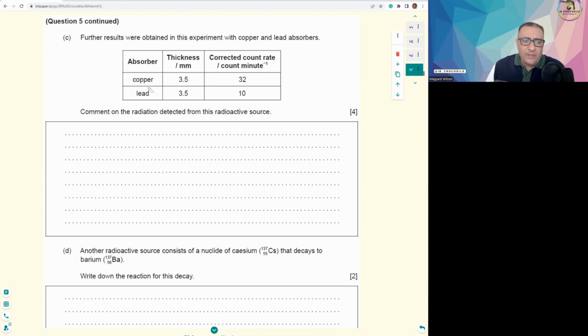So you have copper and lead, with the same thickness in millimeters, but then the count rate is less in lead compared to copper. So this could be an observation. Now this is a 4-mark question. So what I would like to do is lay out your answer in points. So each point will have a mark, right? So the first mark, I will just say observation here, since the corrected count rate